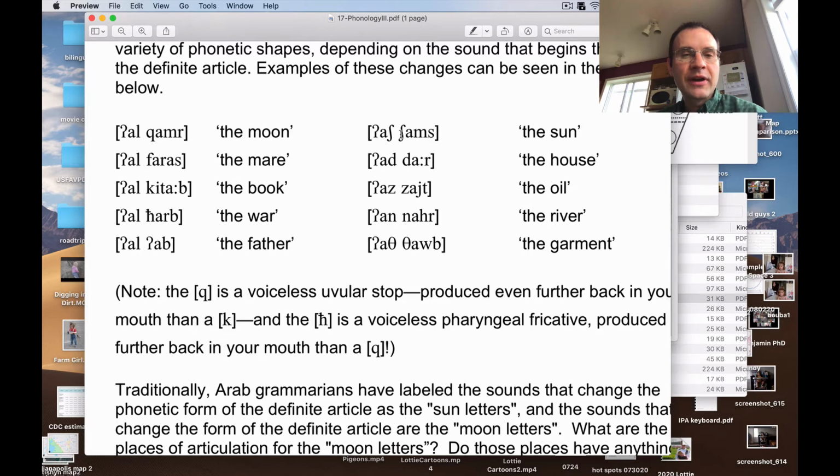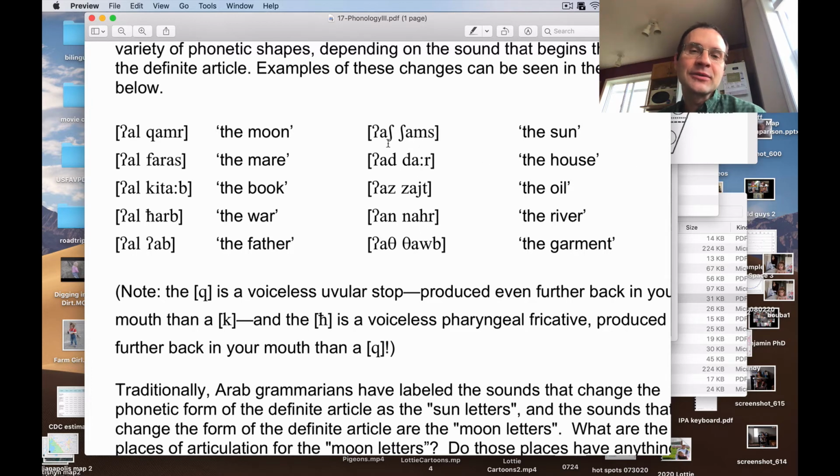So there's a little bit of differentiation in the place of articulation for these. Esh is post-alveolar, the D is alveolar, the Z is alveolar, this is also alveolar. This one's interdental, the theta. But none of the ones over here are produced with the front of the tongue, so to speak. So ka and ka are with the back of the tongue, as is the pharyngeal ha. And the glottal stop isn't produced with the tongue at all. The F is not produced with the tongue at all. None of these use the front of the tongue.